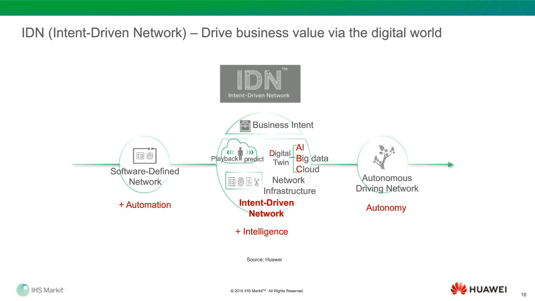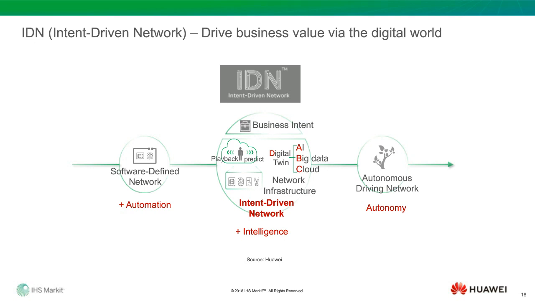And if you check here, once we can build these foundations, and from our company visions, the next step will be called autonomous driving network. It's like an autonomous driving car. Once you build a network, and if you apply the right policy, then you can release your human forces and let the automation adjust the network, like a robot running there that can fix the network problem by itself. This is pretty much our approach.